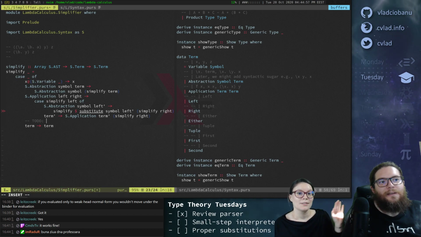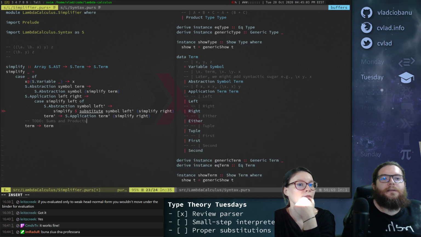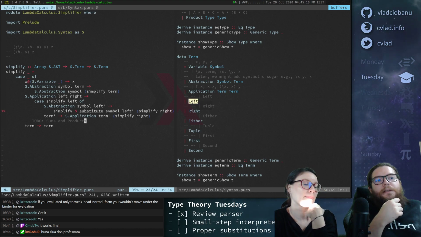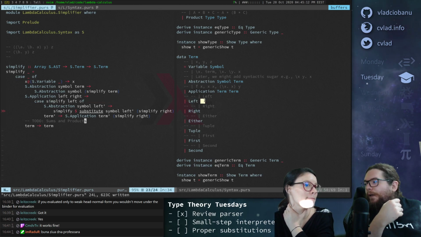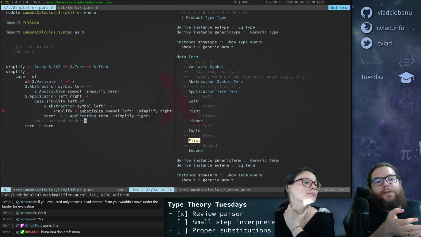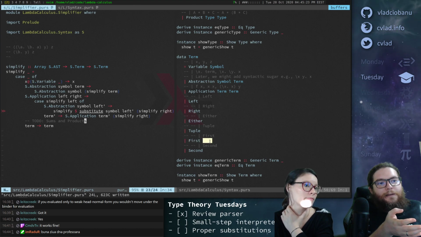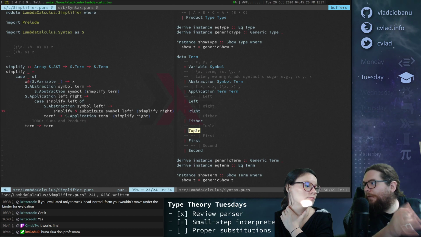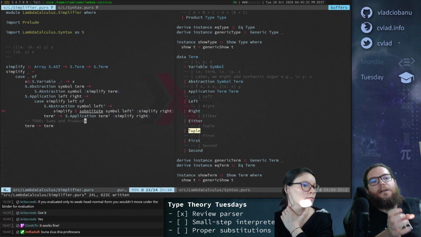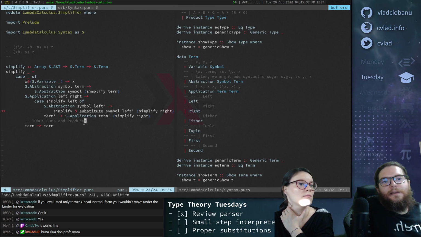So I think the idea is that you assume that this has at least one argument. You simplify it, right? Well, left cannot do anything, right? Because left just creates something. If you have first, then you take its first term, you simplify it, and then if it's a tuple, they cancel each other out, and then you get the first argument of the tuple. And if after first you don't have a tuple, then you can't do anything and just stop. But that's a problem for later.